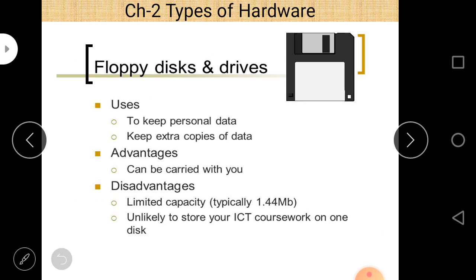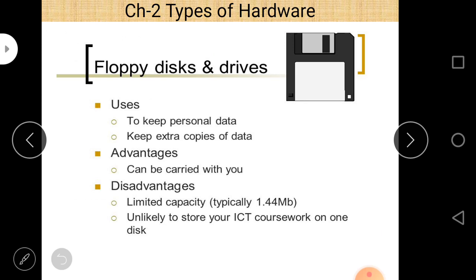They are basically very small in size, about 1.44 MB, so they are very much not used. And even if you want to store ICT coursework, it is not possible to store your whole work on a complete floppy disk. And one more important thing regarding floppy disk: if you want to save data,